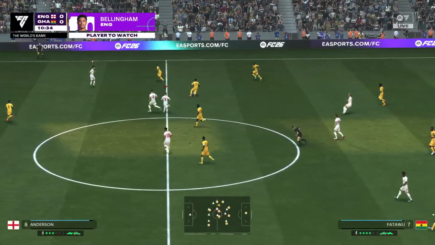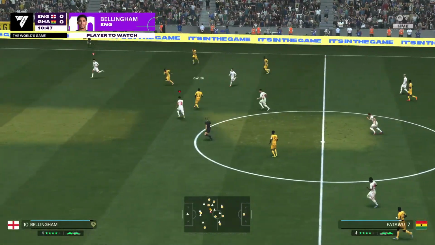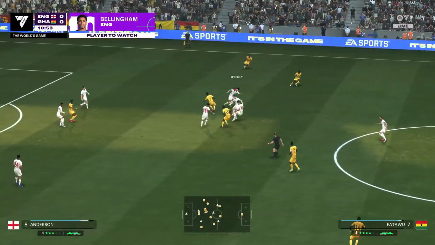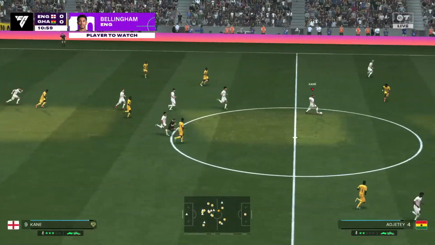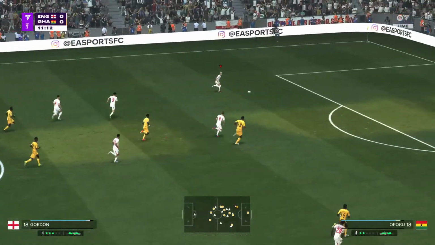Well, Jude Bellingham has become one of the finest all-around midfield players in world football. That's no exaggeration. What do you expect to see from him today? Well, for me, it's the way he combines with his teammates, always wants the ball. Once he's passed it, he's on the move.